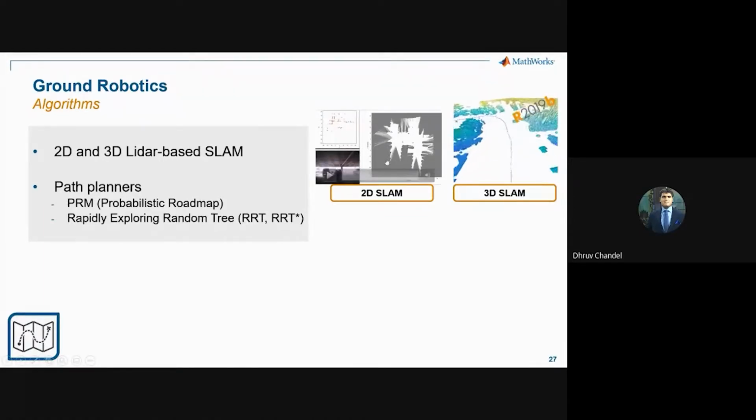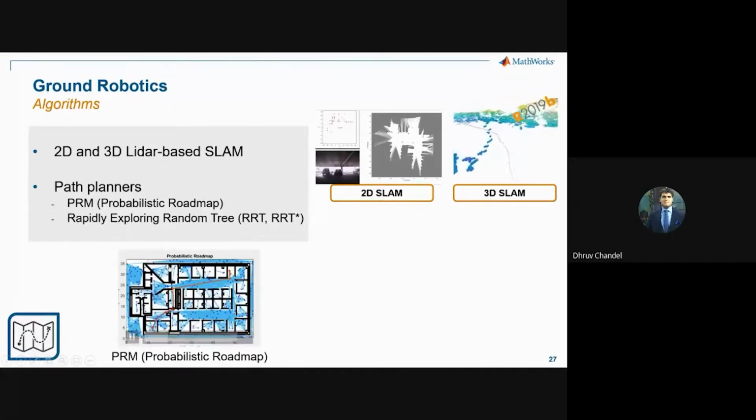And along with the mapping feature, you also have the path planning feature. So suppose you are in this kind of occupancy grid. You built a 3D map of your environment. Now you have to move from one point to another point inside the same environment. So there are several algorithms which are built in, such as the PRM or the RRT. And what they'll do is they'll generate lots of points and they'll generate certain paths around those points and then try to find the most efficient path between different points to get from your starting to the objective.